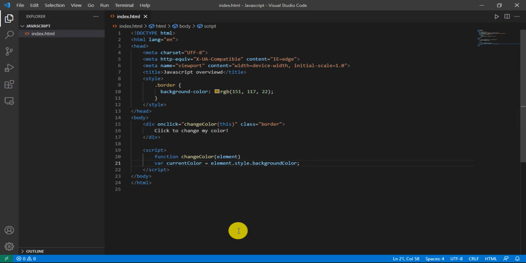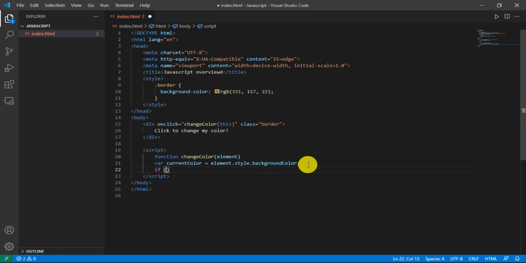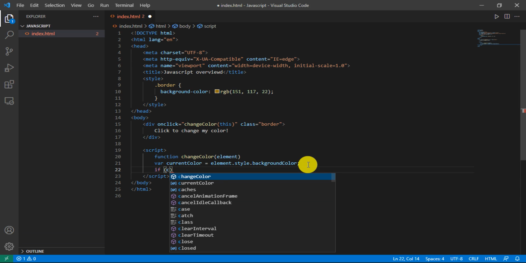We have defined our variables. So the two things, the function to change the color of that whole element, we got the variables, the current color, and element dot style dot background color, right? And now we jump down to the if function. We jump down to a condition, if. So if the current color is equal to blah blah blah. So if the current color